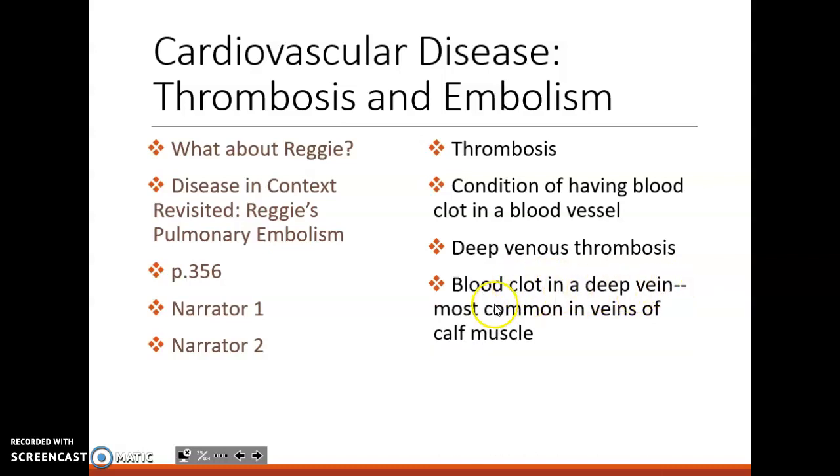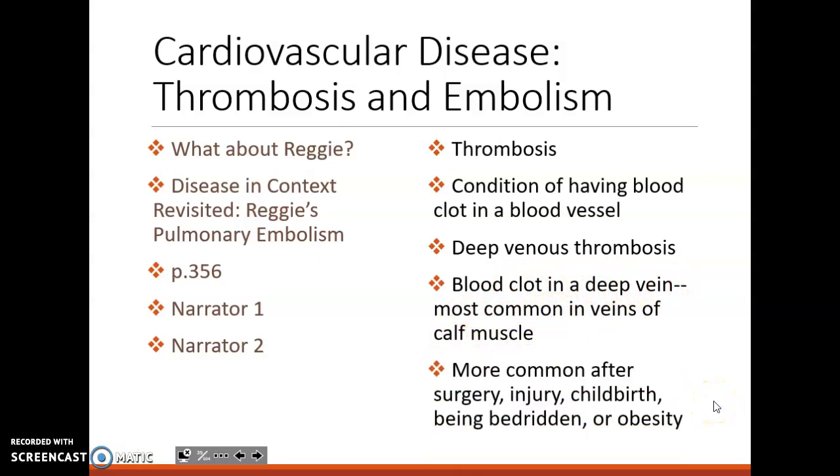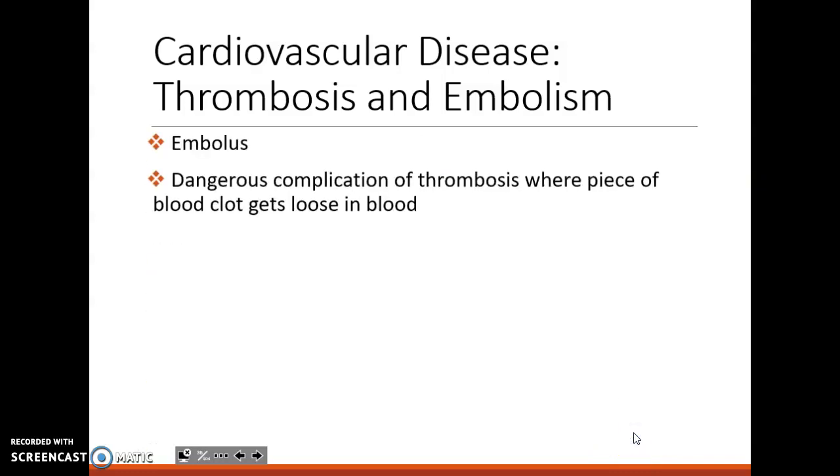So a blood clot in a deep vein, it's most common in veins of the calf muscle. And it is common after surgery, injury, childbirth, after being bedridden. It's more common with obesity. And an embolus is a dangerous complication of thrombosis. And that's where a piece of the blood clot gets loose in the blood and it's floating around. And we know that if it gets stuck somewhere, it could cut off that blood vessel, and then whatever tissues the blood vessel is supplying, they wouldn't be getting oxygen or glucose, and then those cells would die, and that could be really bad. So a pulmonary embolism is when you have an embolus in the lungs,